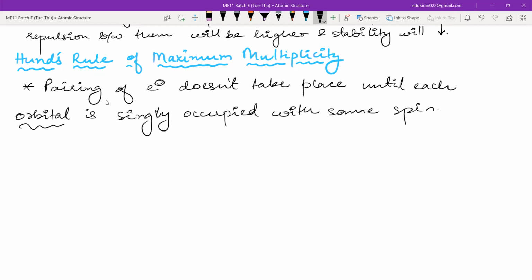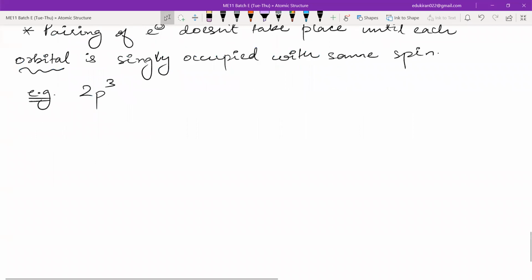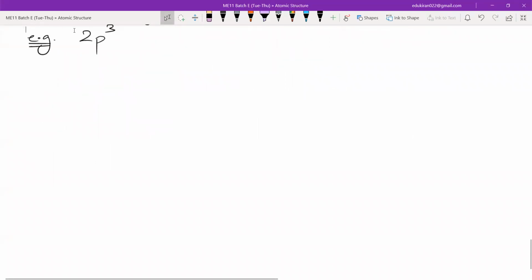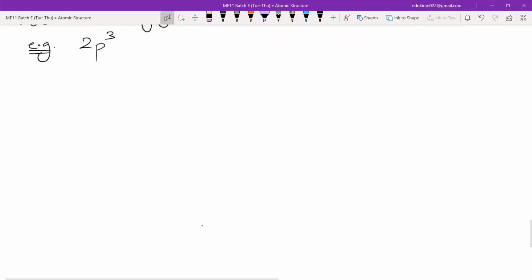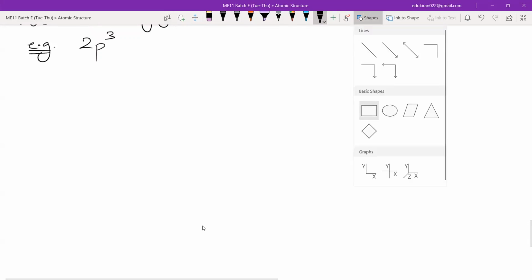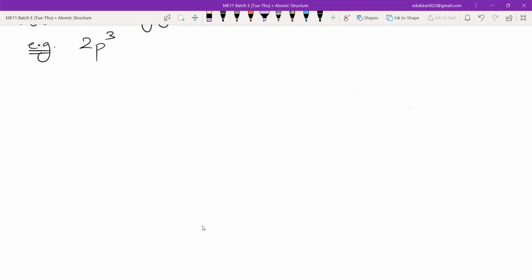Okay, so what does this mean? For example, we have a subshell 2p, and there have to be 3 electrons filled here. So there are many ways. Please listen, don't write anything. There are many ways by which I can write this 2p3. Let me make the orbitals once. So the options are,